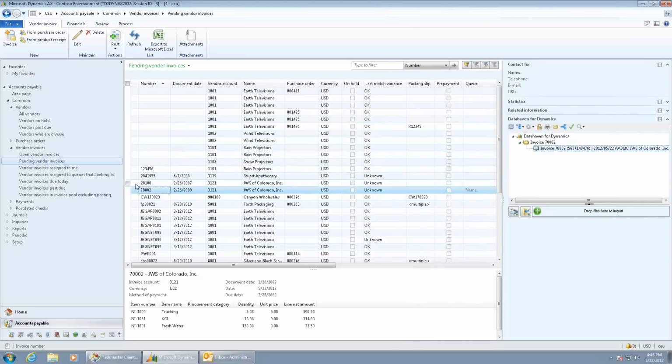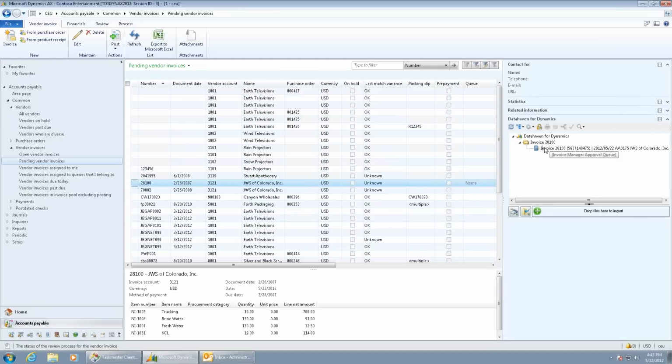You'll notice that as I click on these different invoices, the Datahaven for Dynamics control that you see over here on the right-hand side automatically switches to show the record for whichever record we have displayed. So you see the documents here in context with the record. The idea here is you don't have to search for the documents, and also you don't have to even click a button to launch a separate window to view the documents. The documents are available right here alongside your AX records,